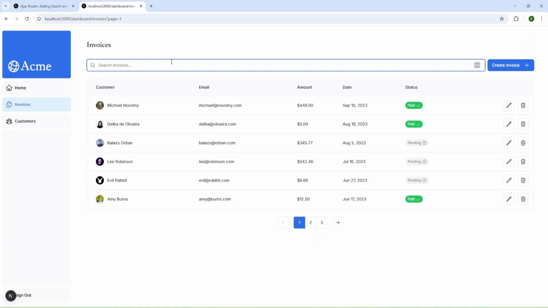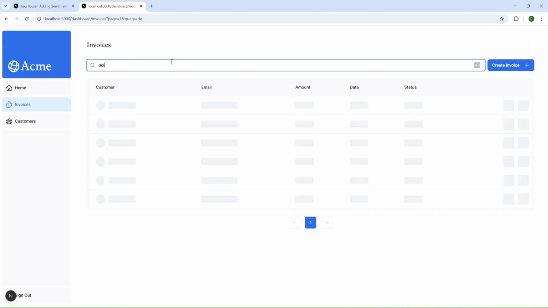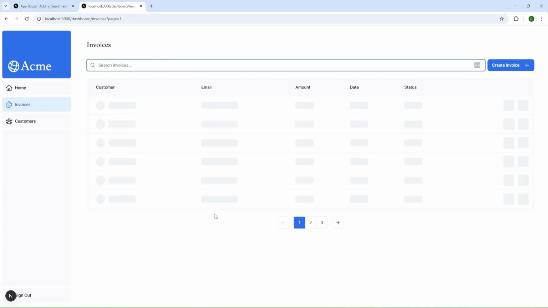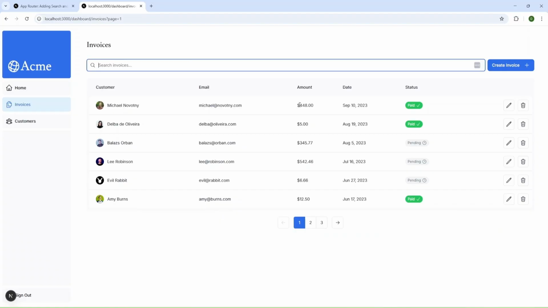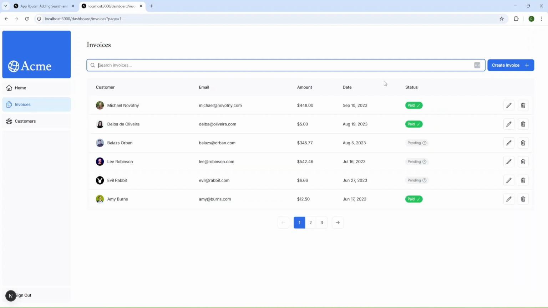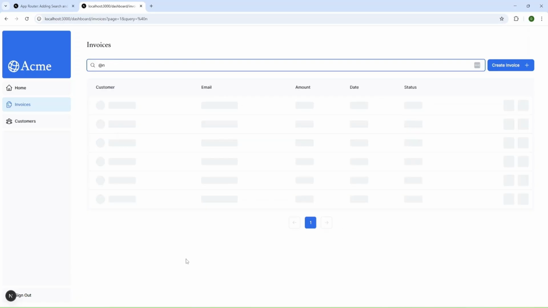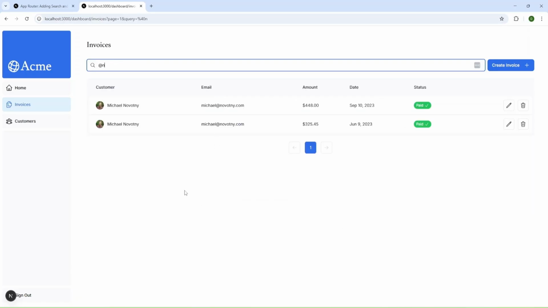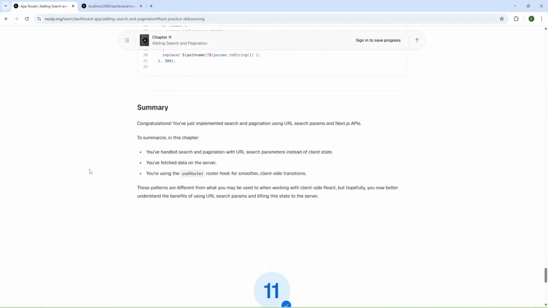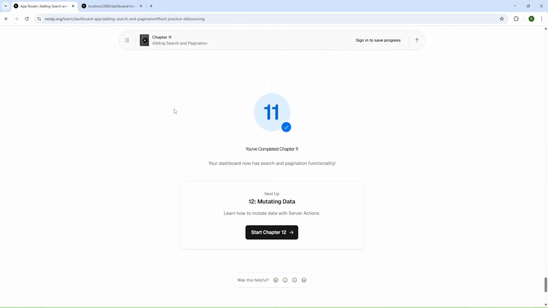And let's check our search functionality, and we have some invoices, and also we can check our search by amount. And as you can see, amount was provided. And also we can use date or email. And as you can see, we can search by email. And let's go back to the docs, and we have some summary,